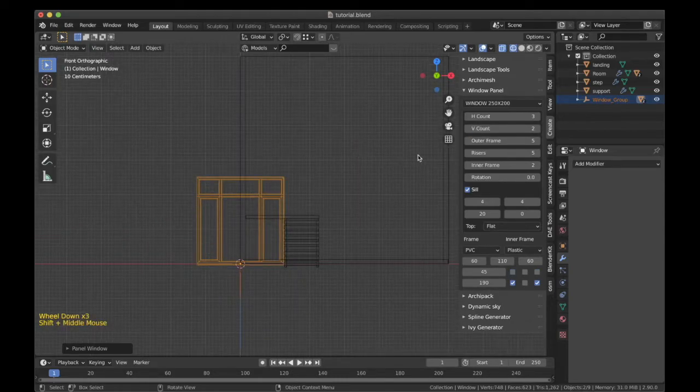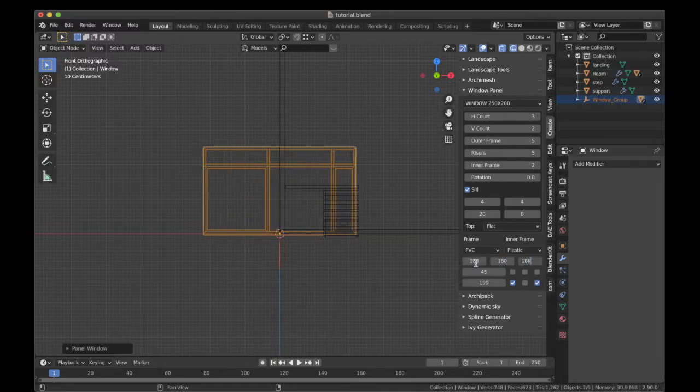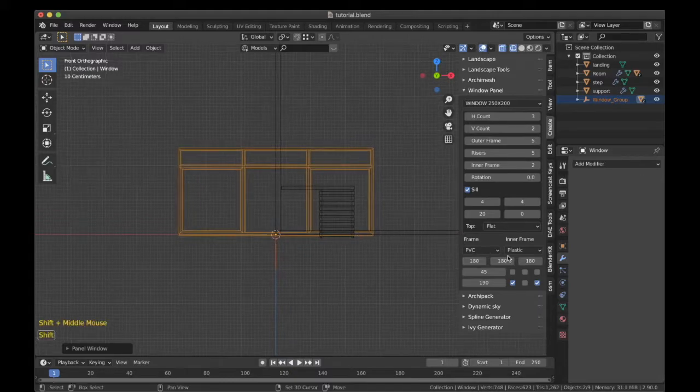Now the basic dimension of the room was 6 meter. So over here for the horizontal, you can see it's written first window width, which means we can use around the same amount of width for each of these panels horizontally. So I will give it like 180, 180 and 180. That would do for us. Similarly, in the height it is roughly around 6 meters again.